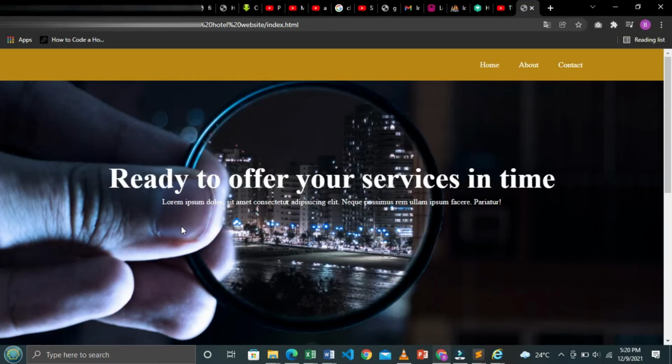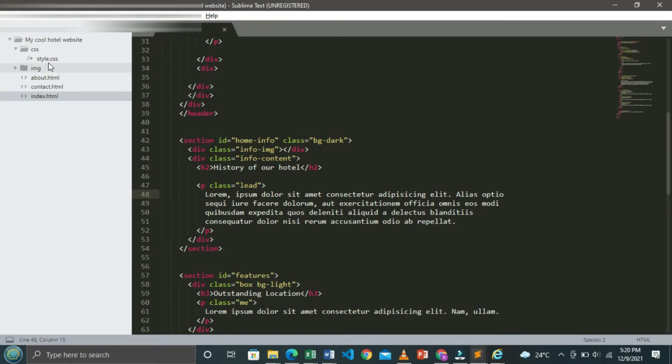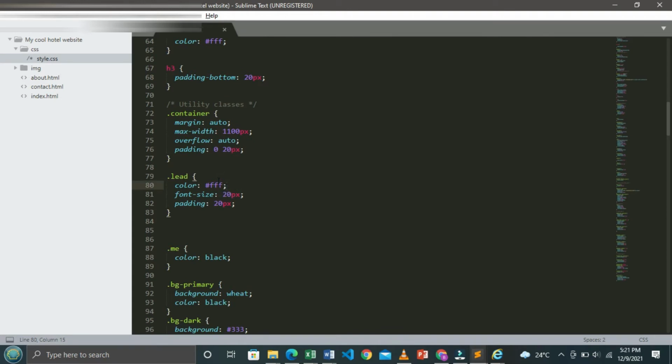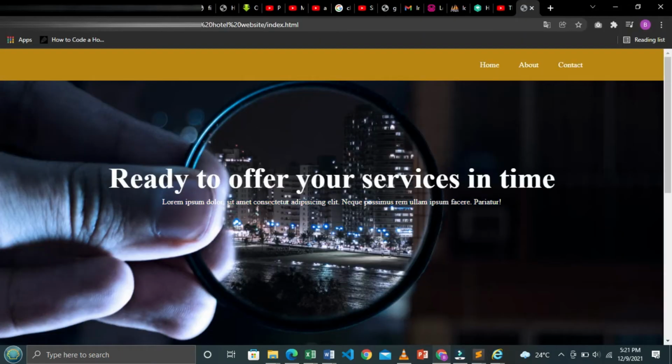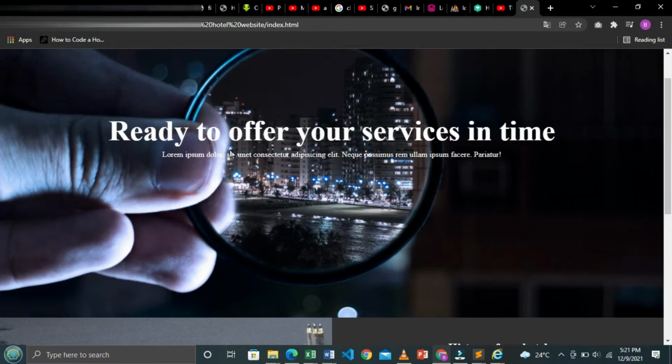When I go to my browser here, we go to the home page. Remember, this is the home page where we are. I wanted this to be whitish in color. That is where the lead is coming from. So when I put this FF here, this is the white color. If you change this to black, it will definitely be black. When I type black, and then I go back here, you want to see that the paragraph that is here will become dark. When I refresh,